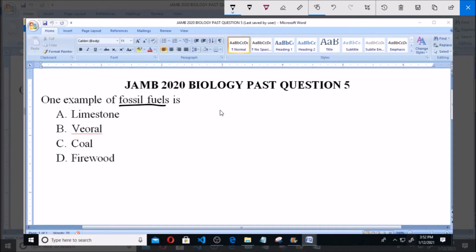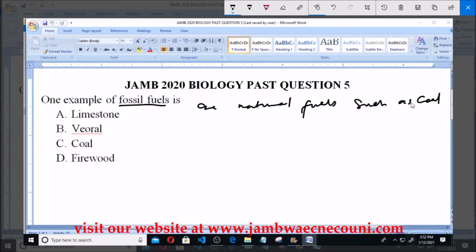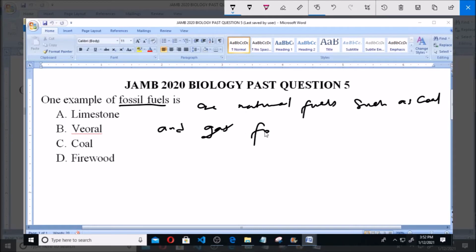Fossil fuels are natural fuels such as coal and gas. That's the natural gas. When I mean gas, I mean the natural gas like methane, ethane, butane, and propane. Now, these are natural fuels. Coal and gas are natural fuels. Now, they are formed from